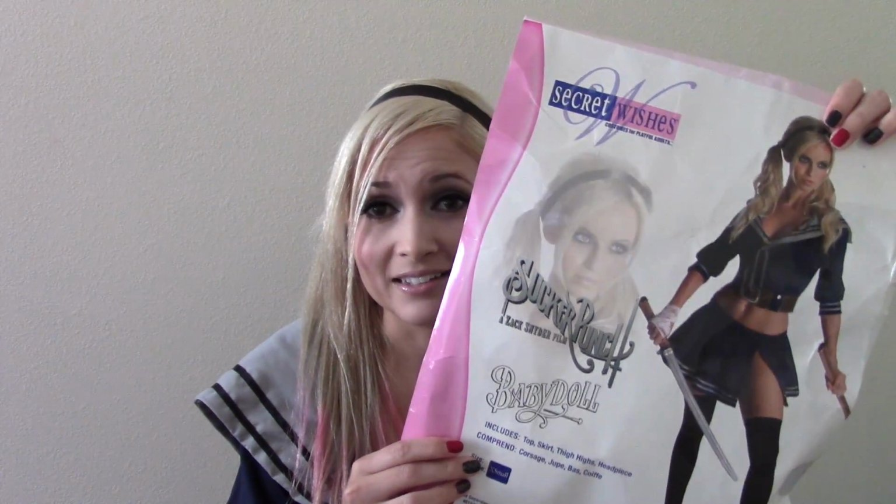It can't be that hard for a short blonde to cosplay as a short blonde. But this was my first cosplay, so I didn't think too much about it, and I just Googled Sucker Punch Babydoll costume. The first thing that came up was this thing, and it came in size extra small, so I thought, sweet, I'm extra small, that's gonna work great. So I bought it, and well, I'll show you in a bit, but it doesn't look on me the way it looks on the model on the packaging. You can probably tell just from right here, this top piece is huge,